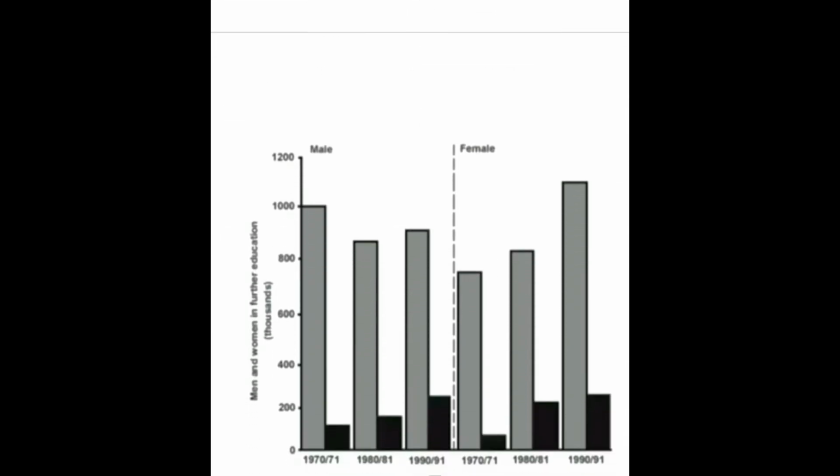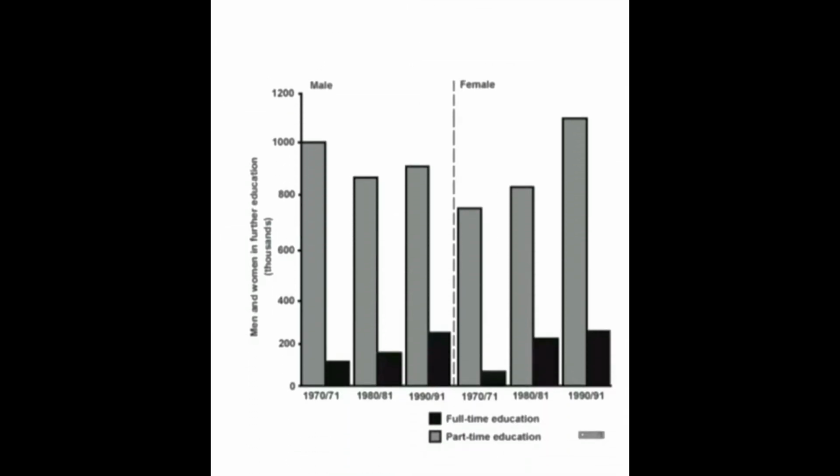So I'm going to show you another diagram. Can you see clearly that we can have a number of choices out of a number of comparisons which we can observe in this diagram. We can write in body paragraph 1 how males have performed within their full-time education as well as the one with part-time education. And in body paragraph 2 we can mention how females have done with the full-time and part-time education criteria.